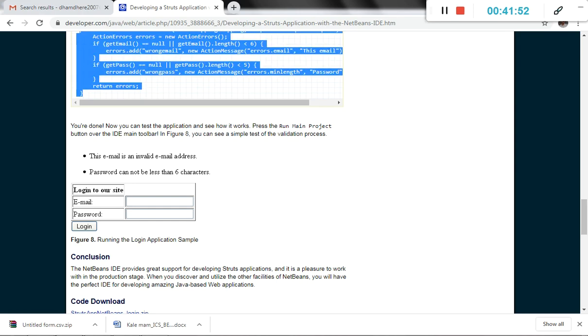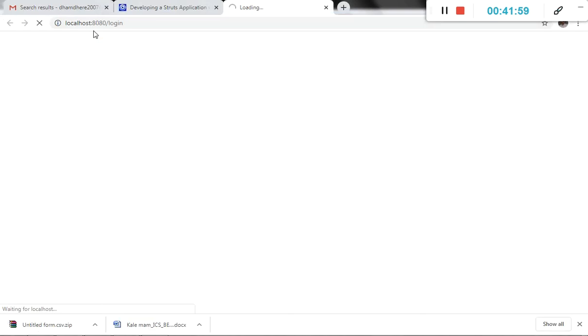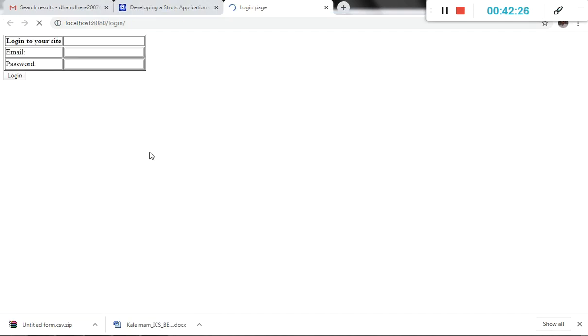Okay, it takes time to execute. Okay, it's loaded. Now it runs on localhost 8080 as a login page, as a JSP page, and when we put the user ID and password properly, like a mail ID, xyz@gmail.com with password, then it gives login successfully.